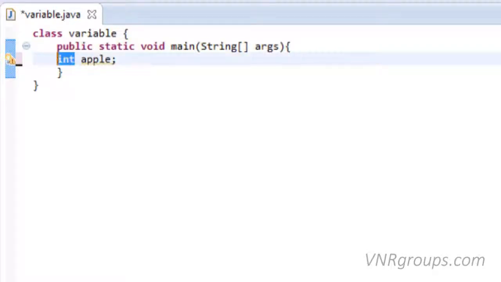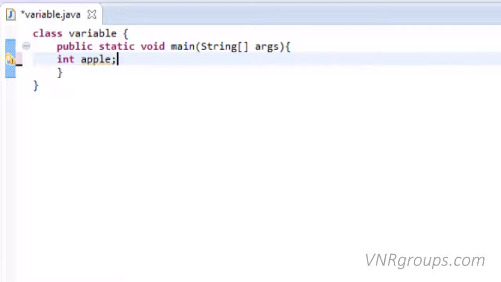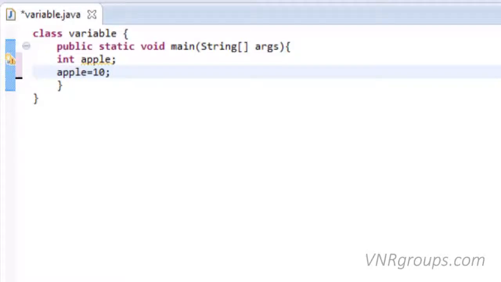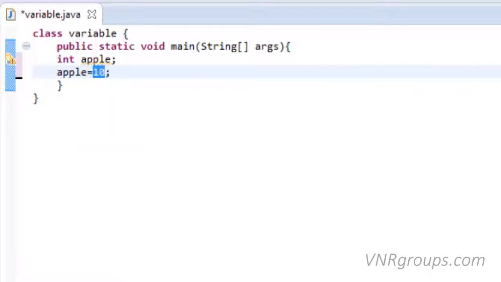Let's start off with int. Here int is data type and apple is name of variable. This statement will create variable with name apple. The int at the beginning of statement states that we can only assign integer value like 5, 6, 10, -4 to variable apple. The next thing we need to do is to assign value to variable apple. Apple equals 10. This statement does not mean apple is equal to 10. Equal is an assignment operator. Whether this statement means value of 10 is assigned to variable apple. Now apple has a value of 10.